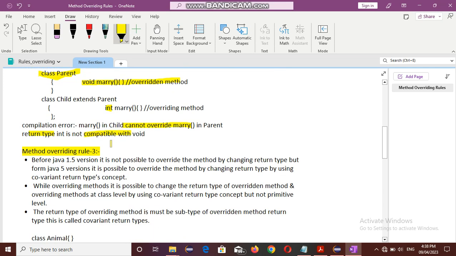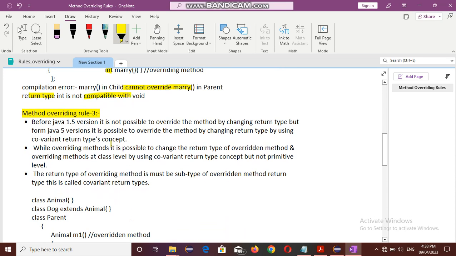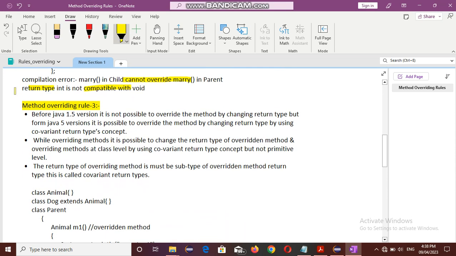Let's move to the next rule, rule number 3. Before Java 1.5, it was not possible to override a method by changing the return type, but from Java 5 onwards it is possible to override a method by changing its return type using the covariant return types concept.